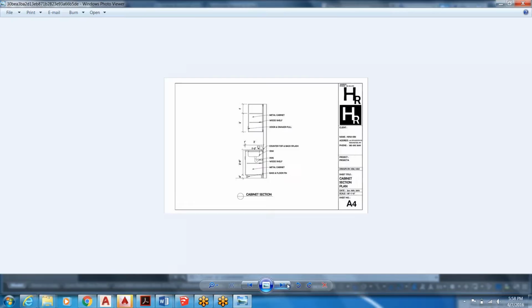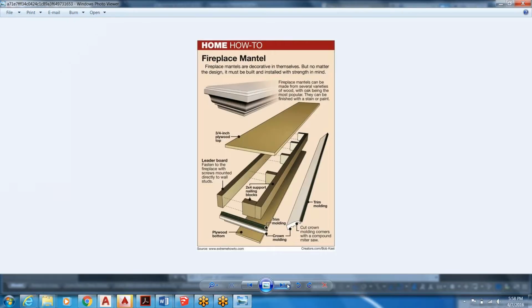So it's a bunch of little pieces made together. Sometimes the reality is more like this, that there's some cut crown molding that is actually going around some supporting nailing blocks in the center, and then they have smaller pieces of trim molding going beneath it and a thicker board on top. And then there's the leader board that's holding everything in place, and then some supports going through the center. So ours is very similar to that, and it's really, I think, where people get hung up on